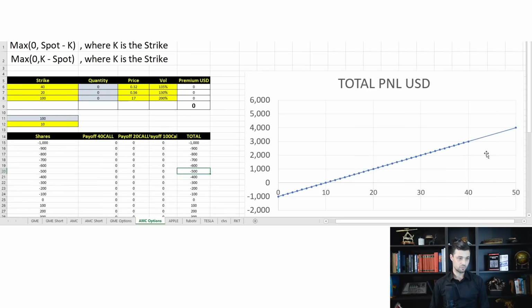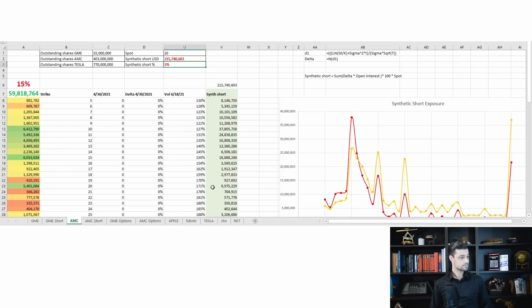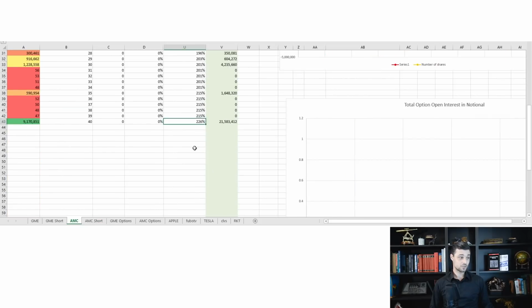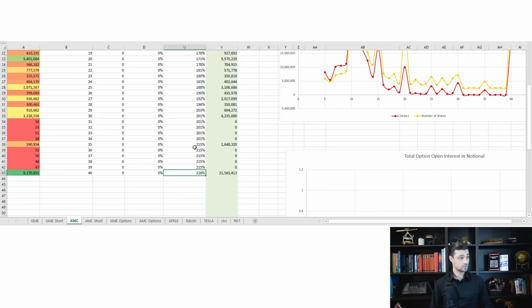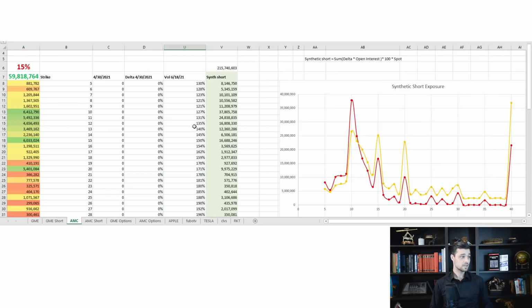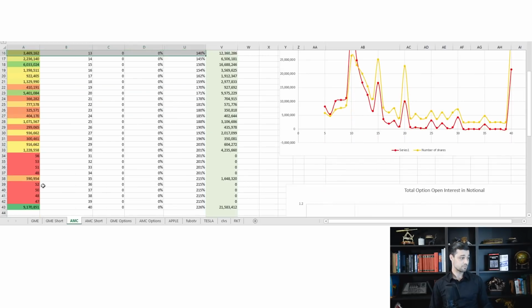And if AMC goes to 40, you can make $3,000. Now, remember what I showed you guys on the option market. I showed you that the high strikes have a very huge volatility. It's 226 when it's only 130 for the at the money strikes. This means that the options are more expensive because market makers need protection against this 10 million shares equivalent short